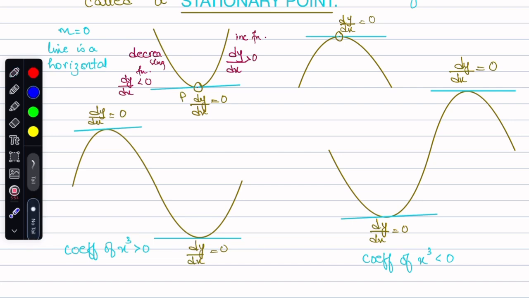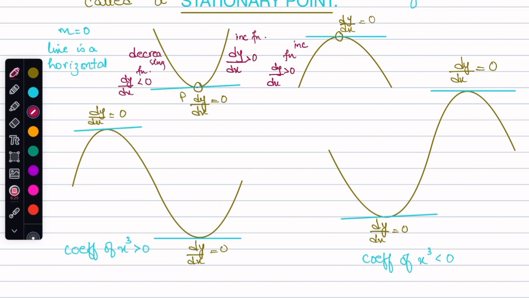I have this turning point here, and before the turning point I can see that the function is increasing. Here the function is increasing. Therefore this is the increasing function on this side, and at all points on this side before the stationary point, the gradient value has to be greater than 0, meaning positive, and then at the stationary point the gradient becomes 0,